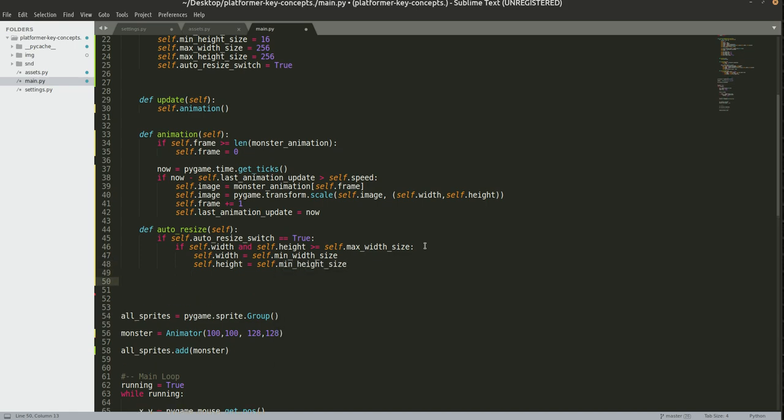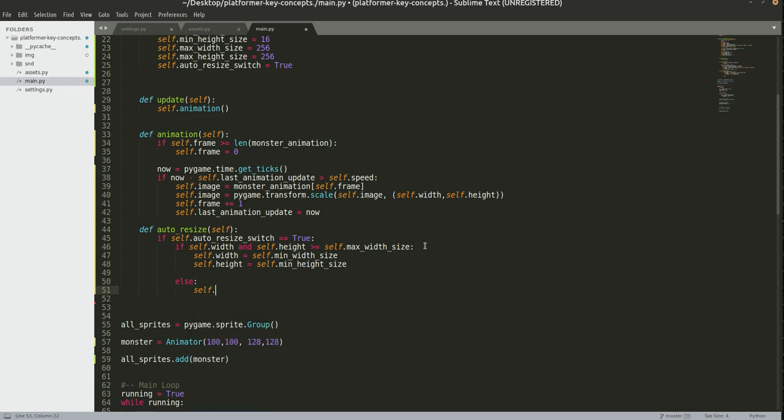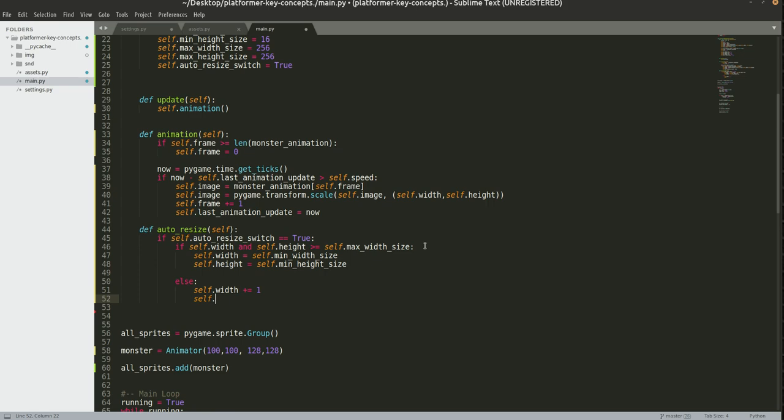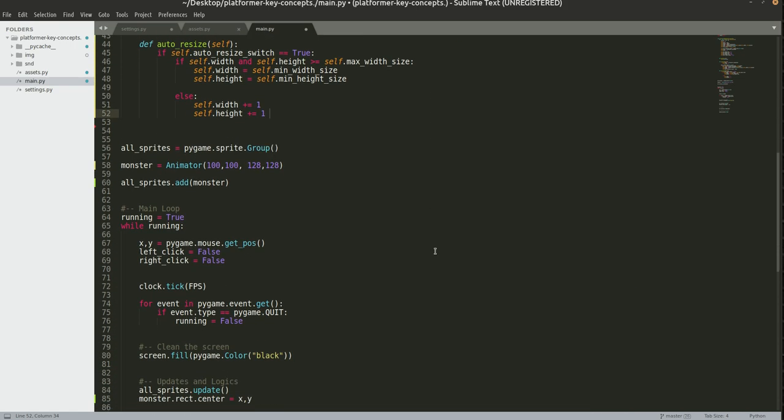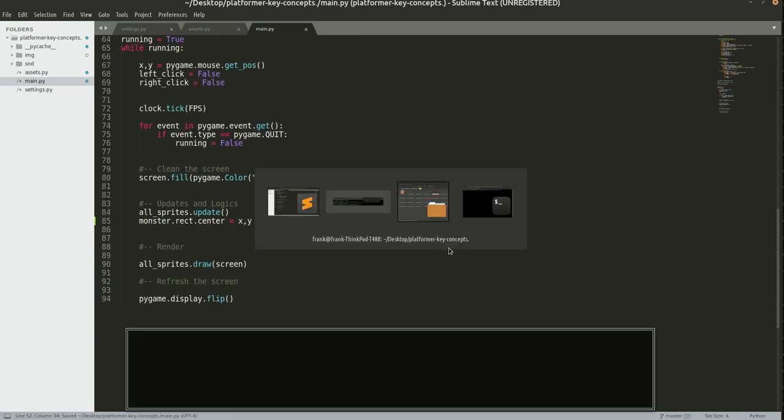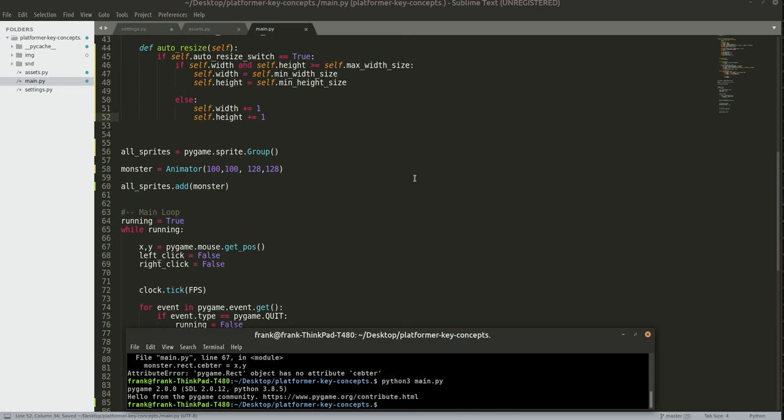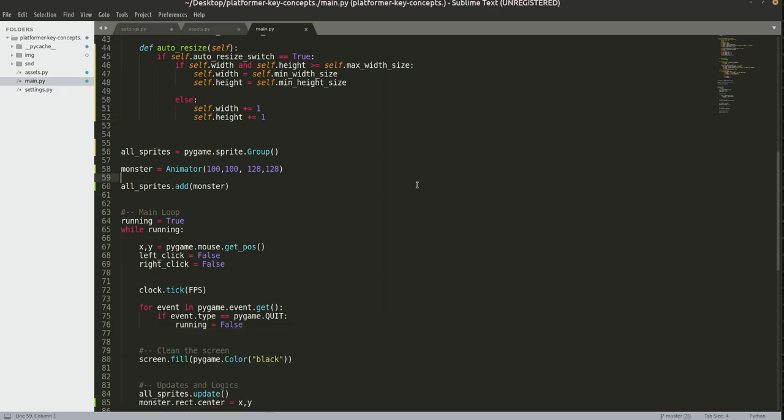Else will be self dot width plus equal 1 and self dot height plus equal 1. And now when we actually, I guess I think it's something like this. If I okay, no, okay,